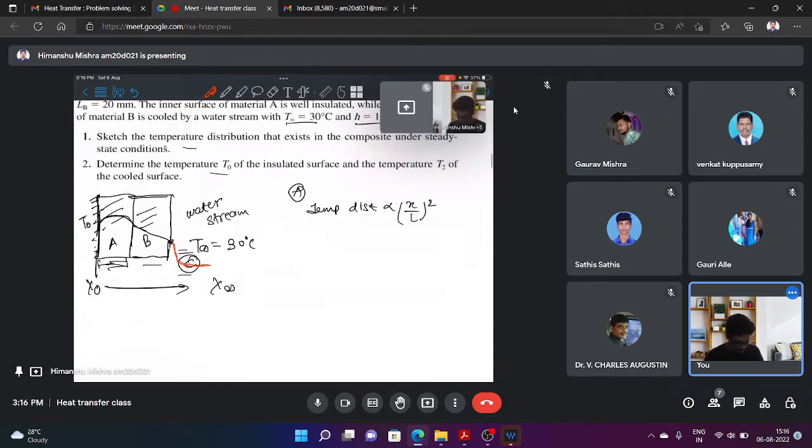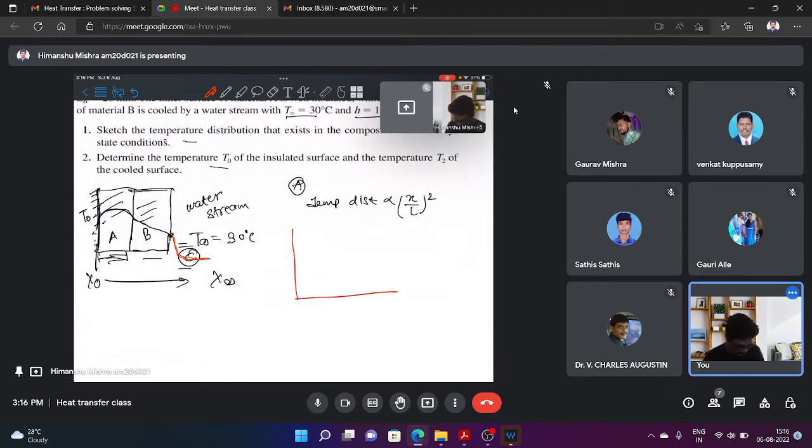So first there will be a little increment in the temperature due to the heat generation, and this will be parabolic, and upon reaching B it will be a linear decrement of the temperature because there is no heat generation, only conduction, and